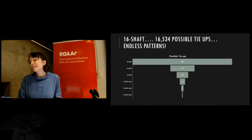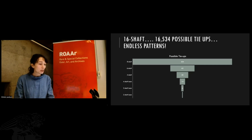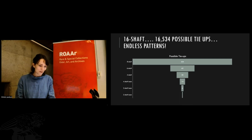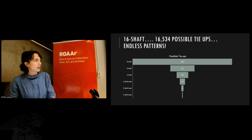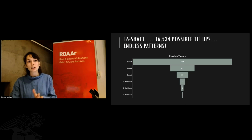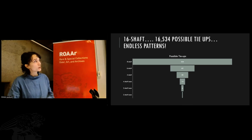So coming back once again to math, before I introduce April to give us some more contemporary examples and talk about our pattern creation process, I want to just mention all of the possibilities. I ran across this, and Sue Horton did this, investigating this question of math: how many possible tie-ups there would be if you had a 2-shaft loom. And it goes up quite dramatically. So likely on these professional looms in Bellfile's factory, they would have had 16 shafts on a loom. And therefore, there would have been